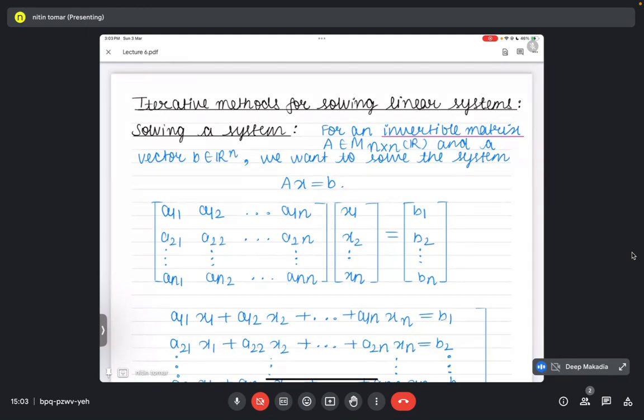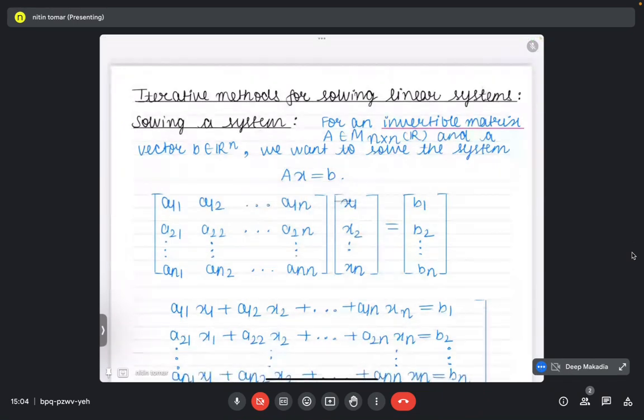If I start with the given equation Ax equal to b, we have discussed many times that it will have a unique solution if and only if A turns out to be an invertible matrix. Let A be a square matrix whose entries are of the form aij. The first row will be a11, a12, up to a1n, then the second row will be of this form. If this is our matrix A, the vector x is of the form x1, x2 up to xn, and your vector b is of the form b1, b2, up to bn, then solving this system Ax equal to b